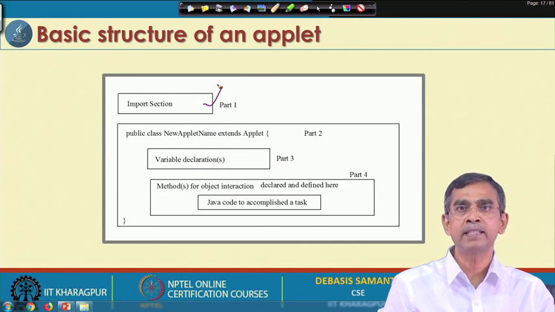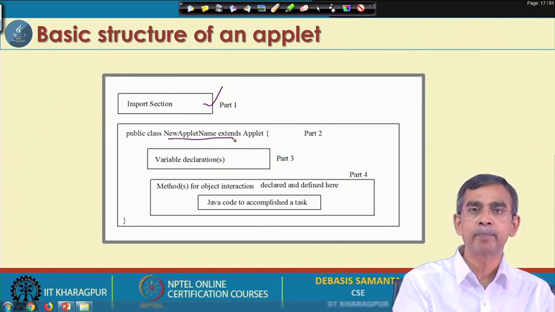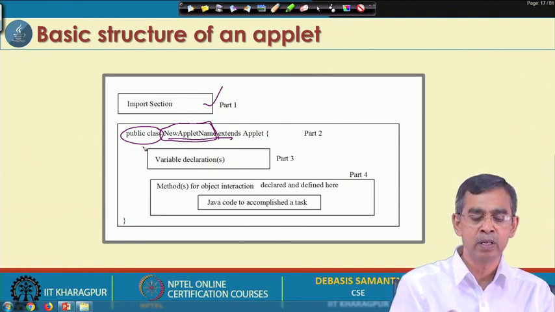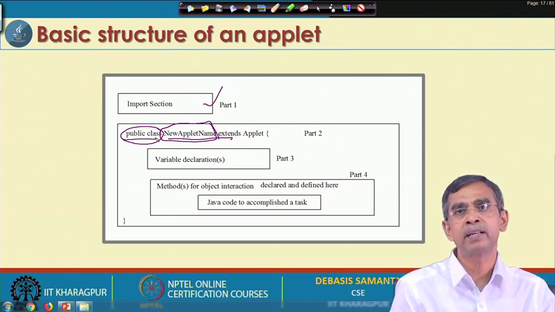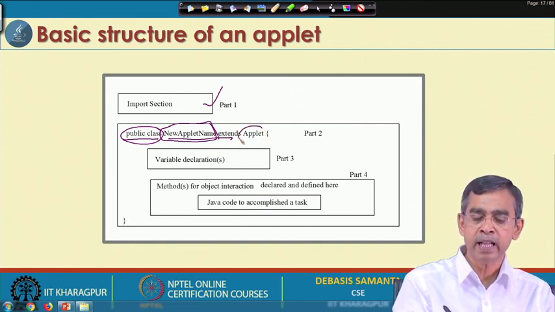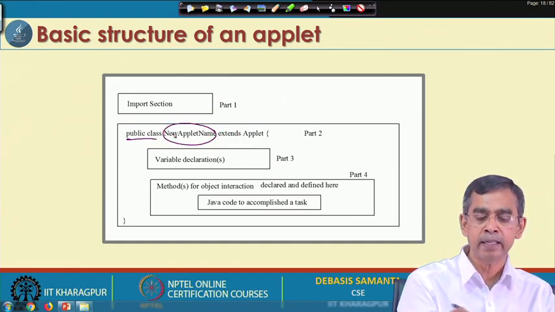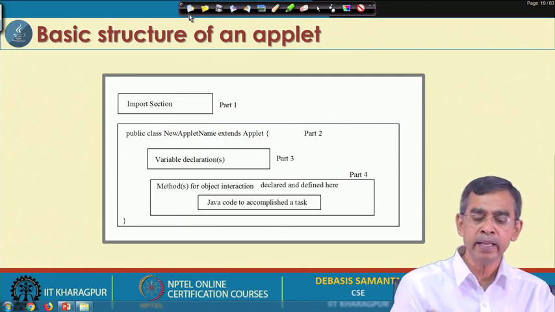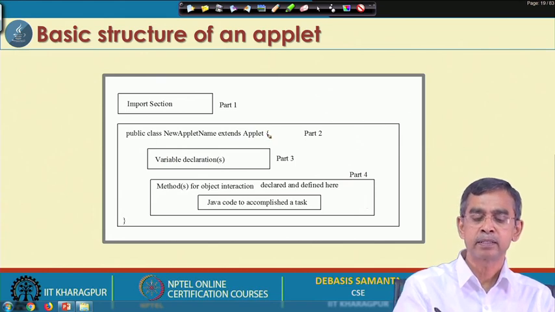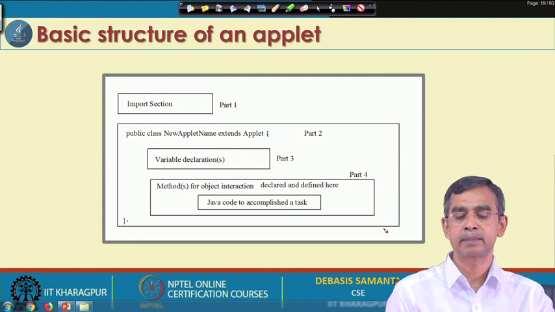In the main body, first you start with the naming of the applet. You give a name of your own, but you must always write public class; there is no other thing you can write. If you do not write it, there will be a compilation error. So, without any hesitation write public class and then give the name of your class, and your class should extend Applet. This is the standard you always have to follow, and whatever code you want to use in your program, you write within the starting and closing brackets.